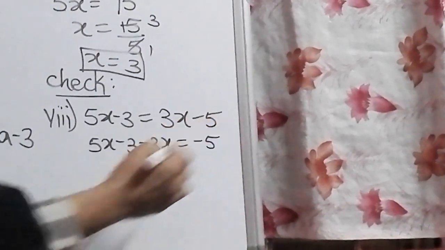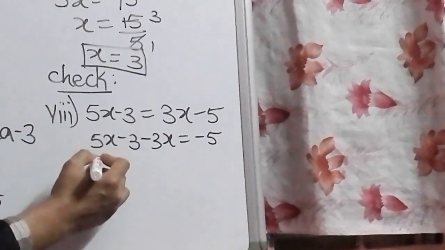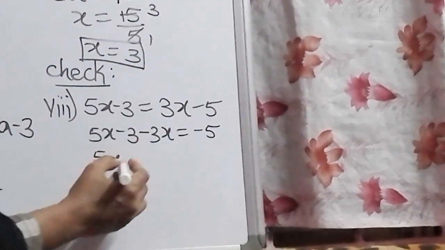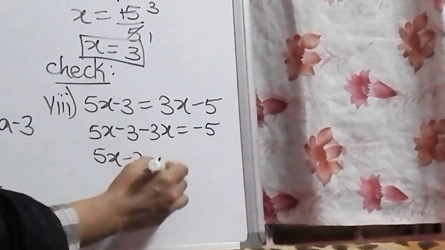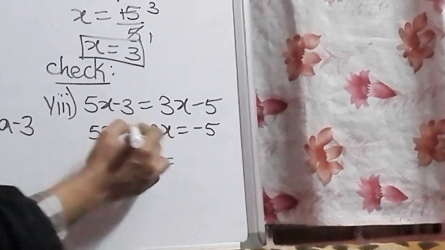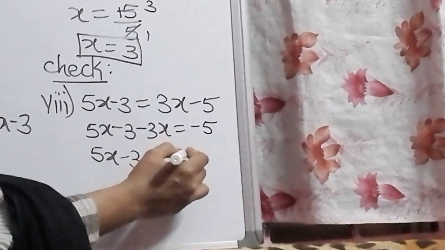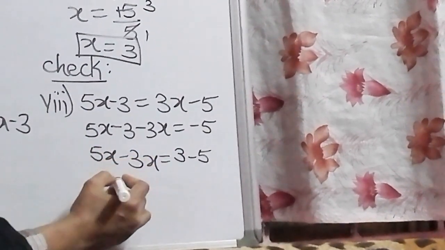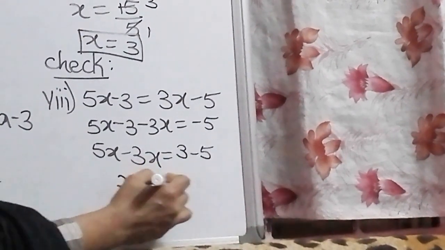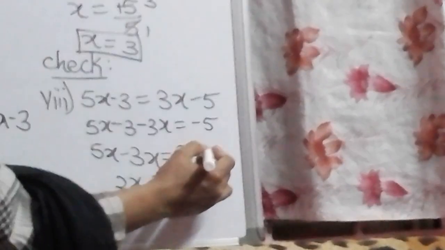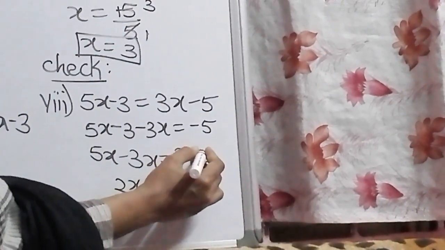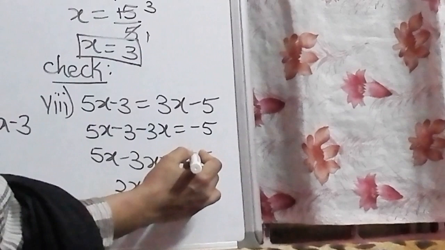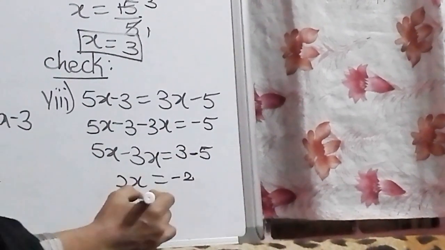This is minus 5. Now 5x, I will take this constant to the other side. Minus 3x as it is. This 3 is going that side. So minus will become plus 3 minus 5. So this is 5 minus 3 is 2x is equal to 3 minus 5, is 5 minus 3 we should do, 2 you got, minus is, for the bigger number you have minus sign, so you need to write minus.